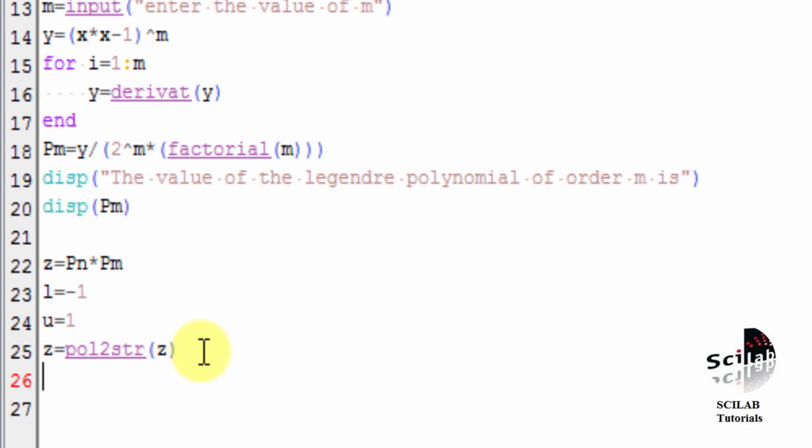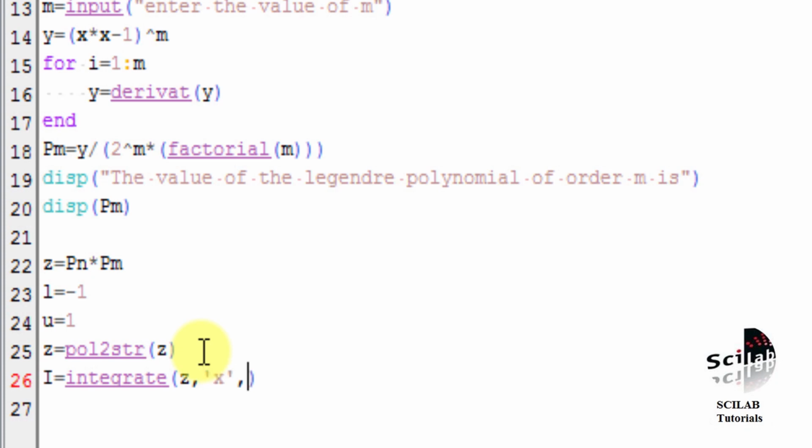Now we will use the integrate command and store the value of the integration in the variable I. Integrate, bracket start, z, comma, the variable with respect to which we are integrating, which is x, so we will write x but in terms of string.